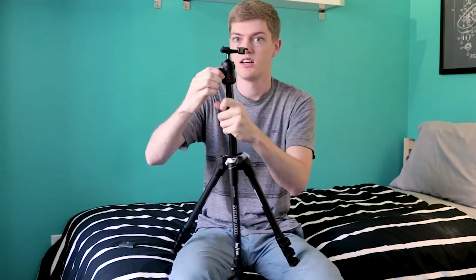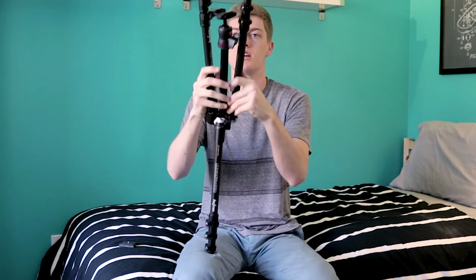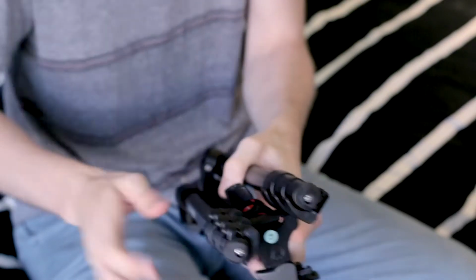So it has this ball head, which is really nice. You can tighten it down pretty quick and easy, and it's really tight. And if you are in a tight space, or usually what happens with me when I fold my legs up, it doesn't line up perfectly, right? Because it has to be in a specific spot. I then loosen it,